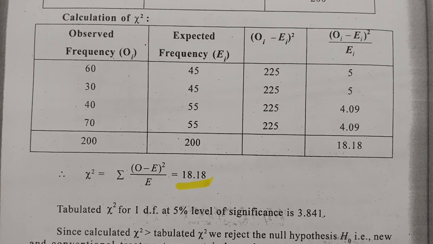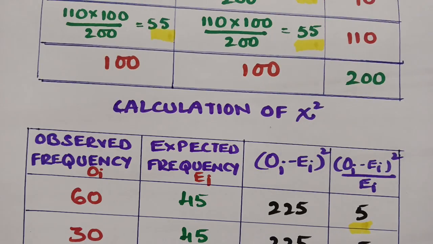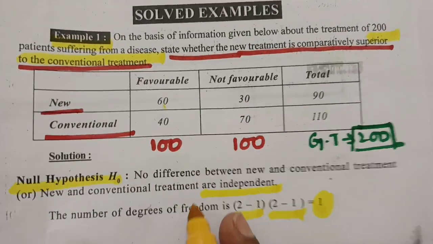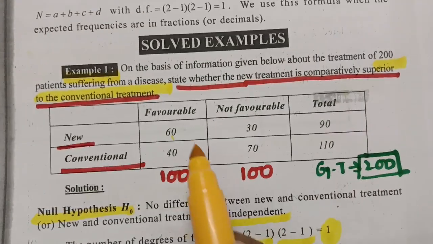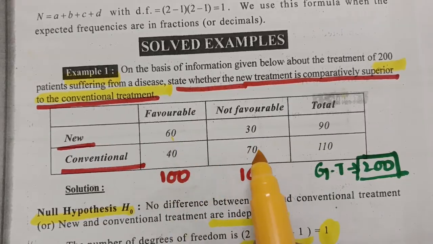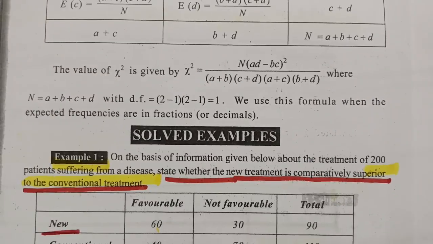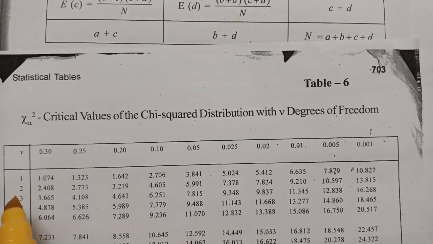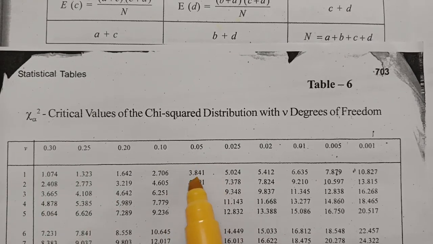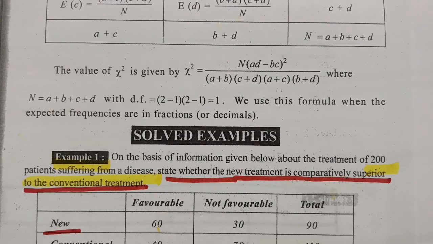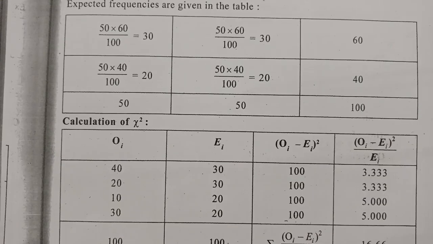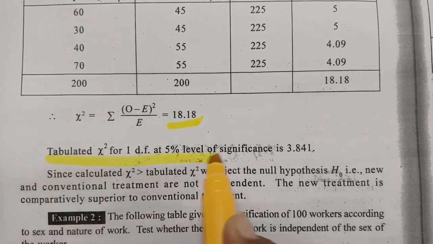And the next one is the degrees of freedom. The degrees of freedom here is very clear: number of rows minus 1 into number of columns minus 1. There are 2 rows here and 2 columns here, and this value is 1. And now we have to see the chi-square table. The tabular value of chi-square for 1 degree of freedom at 5% level of significance is